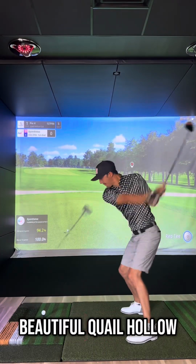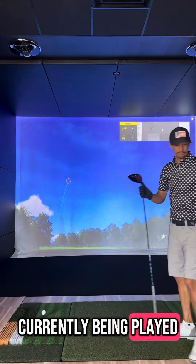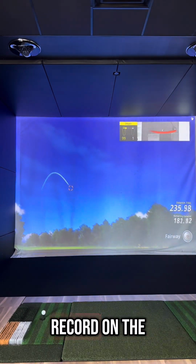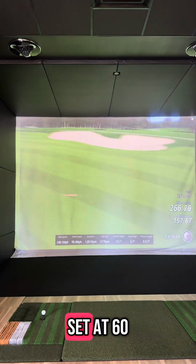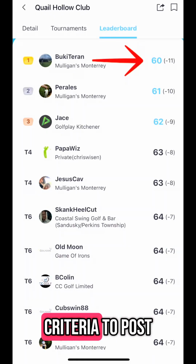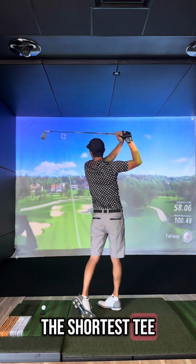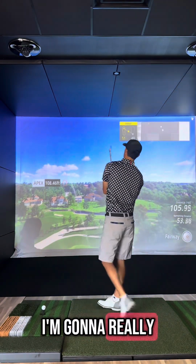We are at beautiful Quail Hollow, where this year's PGA Championship is currently being played. I'm trying to break the course record on the GOLFZON leaderboards, which is currently set at 60, 11 under par. There's no tee criteria to post the score on this leaderboard, so of course I'm going to play the shortest tee out here, which is the red tee, and I'm going to really try to give it my all to